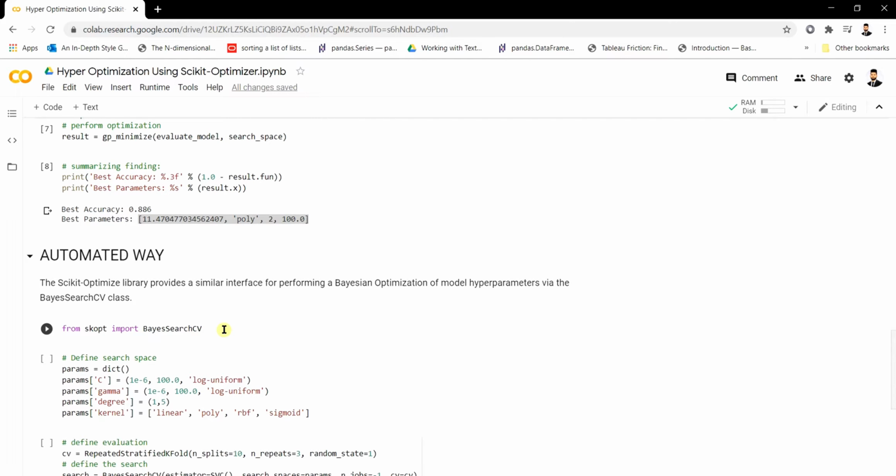We'll define a dictionary and incorporate all those parameters inside it, and train with those parameters. Let us see how this automated way makes our life easier in implementing Scikit optimization. Let's import BayesSearchCV and run it.